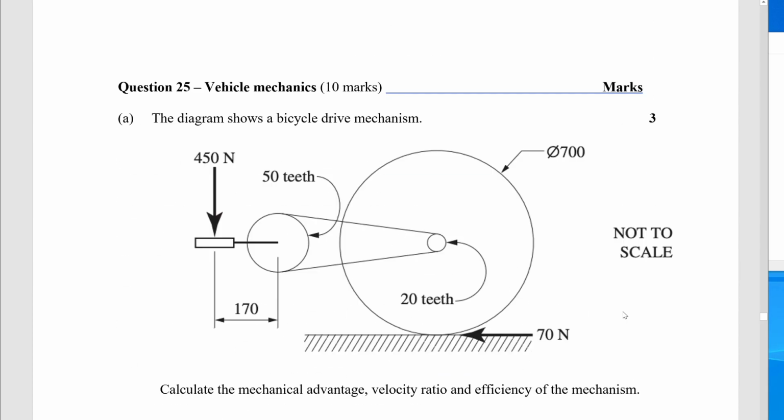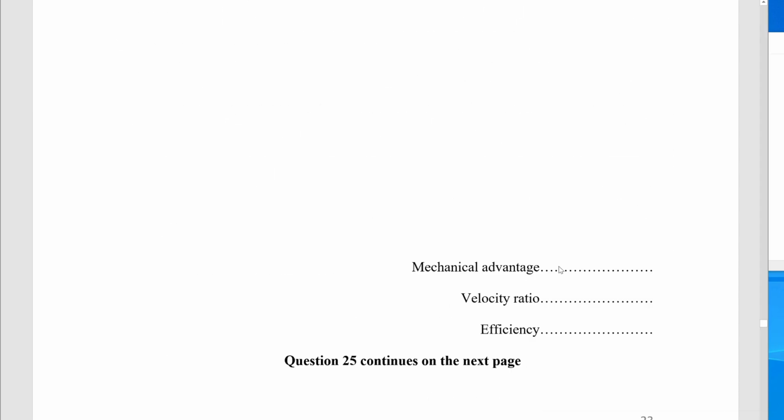Okay, this question, I think I've used this question like 4 times in a row. I like it because it's fairly simple. It's a nice clean question which asks about a thing that we see relatively frequently. So what I want you to do is calculate the mechanical advantage, the velocity ratio, and the efficiency. So these things are all given on